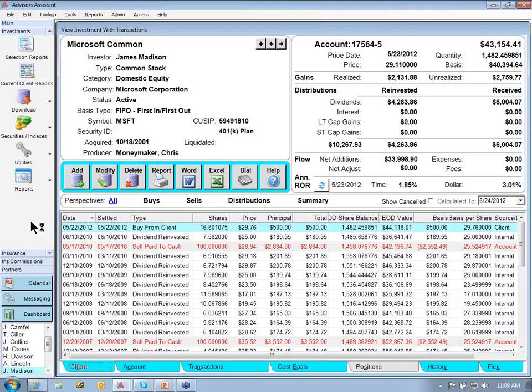The performance reports are opened from the investment toolbar. When you click on the black arrow next to the reports icon, you have the option of running regular performance reports for one time period or multi-period performance reports, including up to 4 different time periods. So I'll select performance reports,